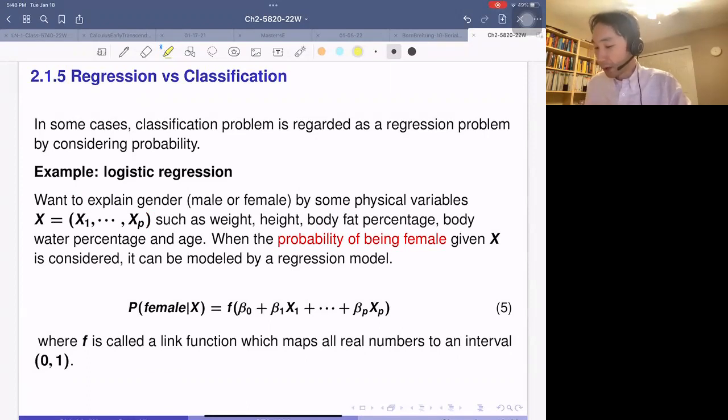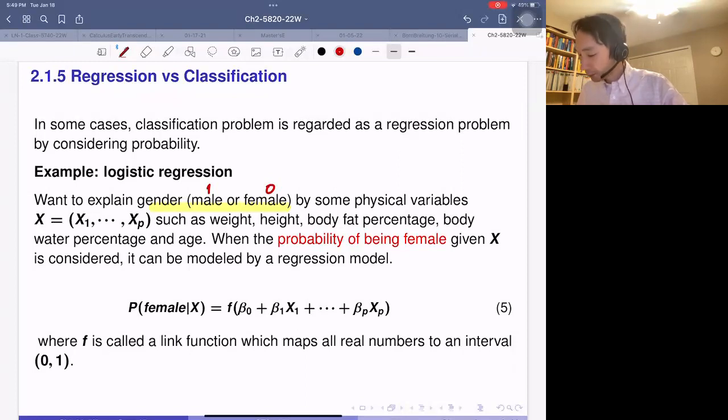If we have only two classes, male and female, we can say that one category is 1 and the other category is 0. So at least it's ordered. Sorry, maybe it does not really matter here. Okay, so suppose we have only two categories, male and female, then we can consider the probability that some observation